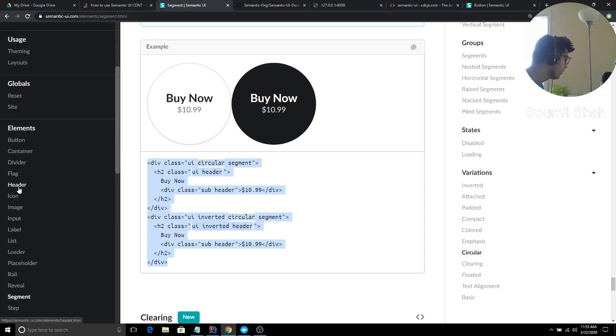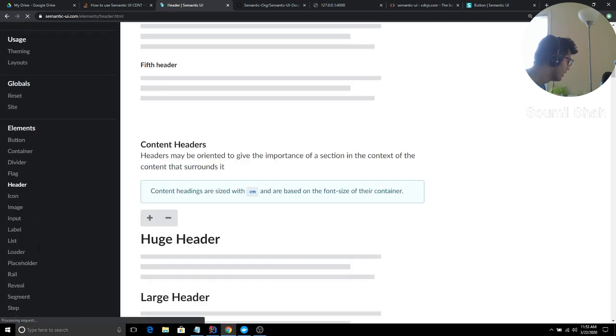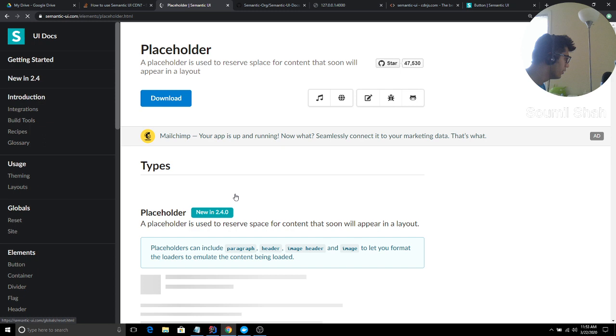There are a lot of other things, like headers. You can have a look at the headers section. These are all the headers. If you look at the loaders, there is so much stuff there. Just feel free to explore it. They have the code. Click here, and it's going to give you the code. You have placeholders. If you want to put placeholders, you can do that as well. Here you can see simulating a loading, if you want to simulate a loading effect. See, this is so beautiful, guys. It's just amazing. I swear, I loved it. So I wanted to share it with you guys.